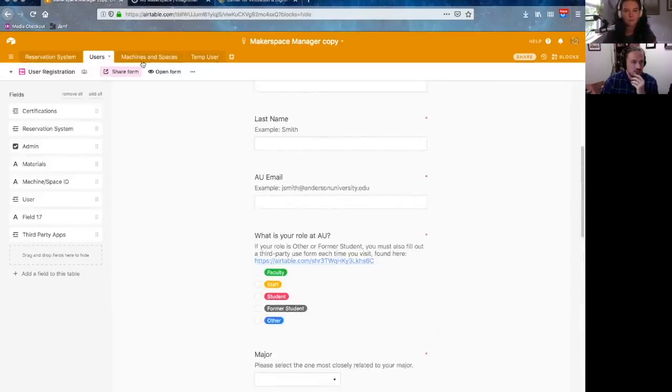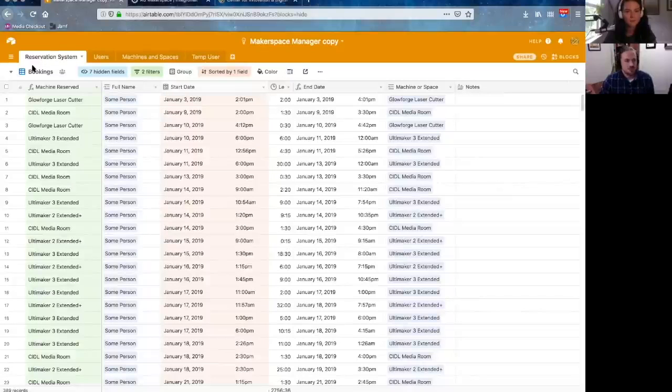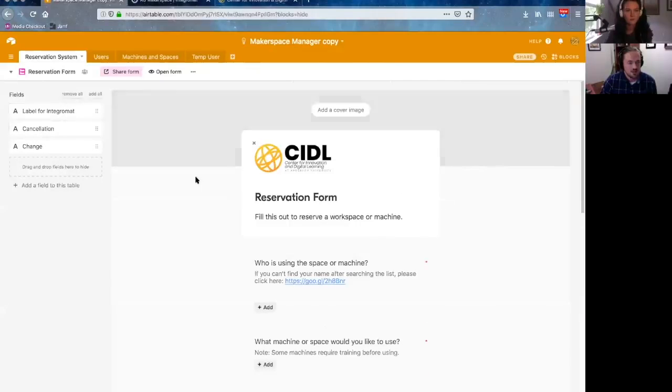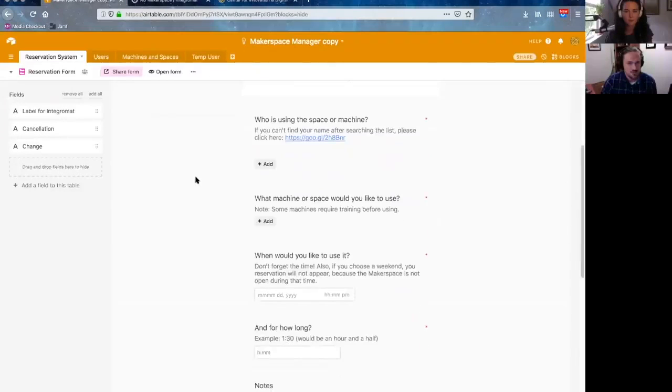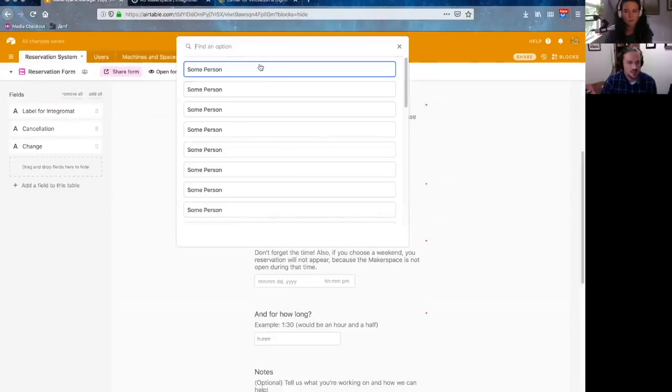We also have a machines and spaces tab here, where we've got all of our machines listed that they can reserve. And also the number of bookings in total that each machine has reserved within a given time period, which is set up here. And the main bread and butter of it is this reservation table here. Underneath here, we've got the reservation form, which is actually embedded on our website directly. So it asks who is using the space or the machine, and they can go in and basically choose